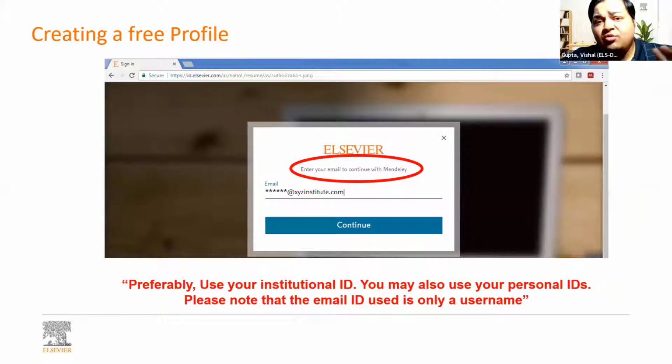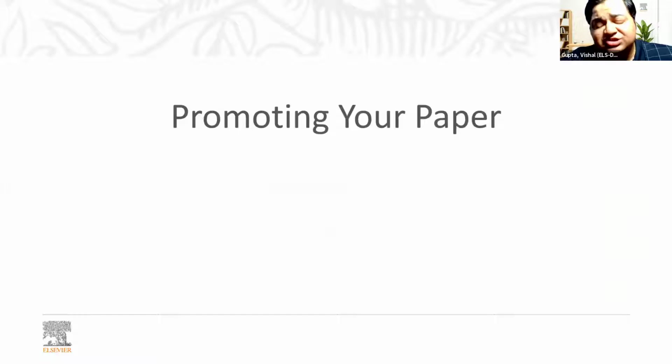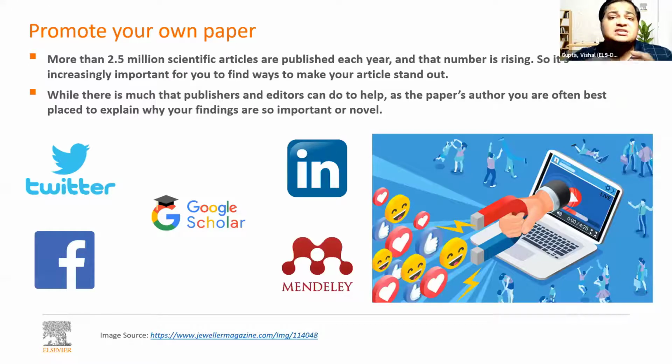Right. So what we wish to end this session with is encouraging you to promote your own research article. Once you have written your article, your job does not end there. Your article must reach the relevant audience to ensure proper visibility and discoverability. The more people read your article, the more it is spread, and there are more chances for you to get citations. There are a lot of platforms available where you can do this for free, like Twitter, Facebook, Google Scholar, LinkedIn, Mendeley, ResearchGate, Academia. Use as many platforms as possible. Try and spread information about your research.